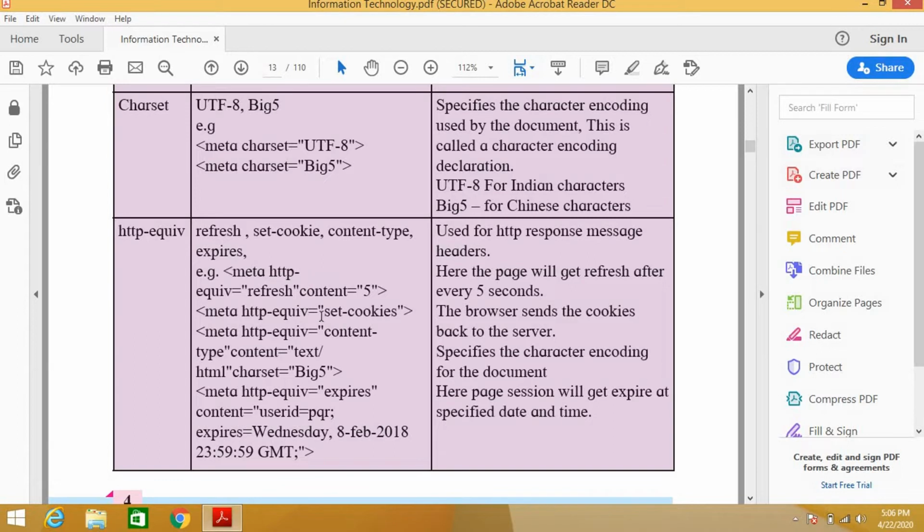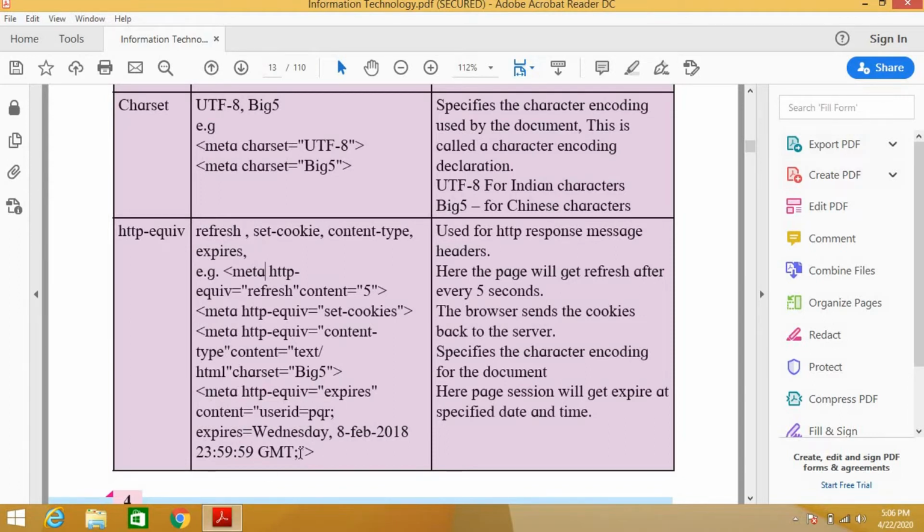Meta http-equiv set-cookie: cookies are used to give information about how you access your pages, like how many visitors have accessed your web page. Meta http-equiv content-type equal to text/html with charset Big5, and meta http-equiv expires.